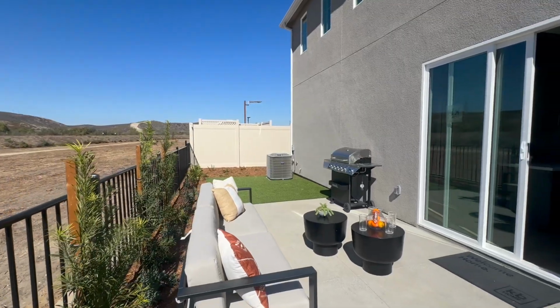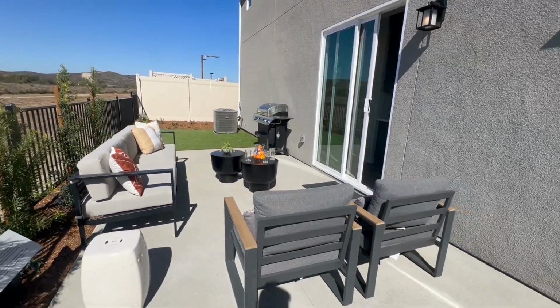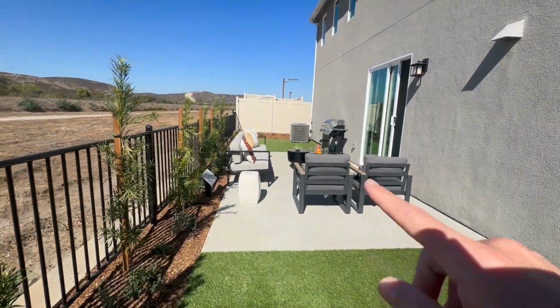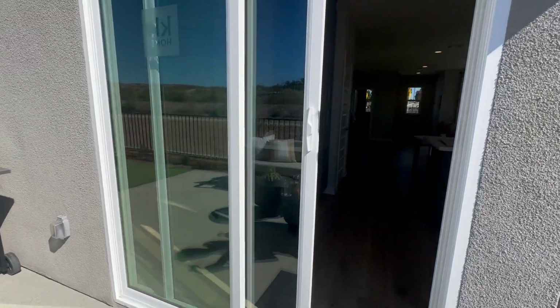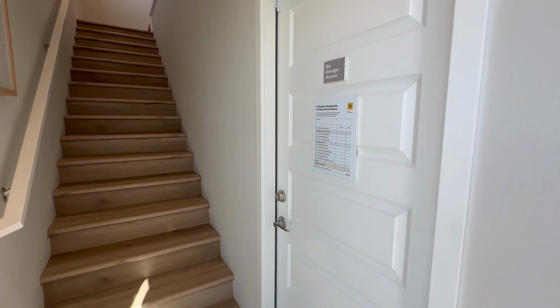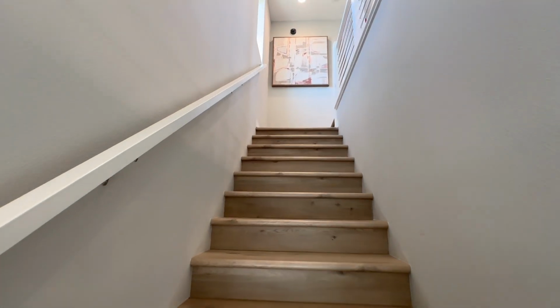This is to get a feel for the backyard space. Back up for you guys. So they have a little bit of turf, they got the concrete and some more turf on the other side. I like the setup, little barbecue area. You will have a 2-car garage, which we can't access right now,